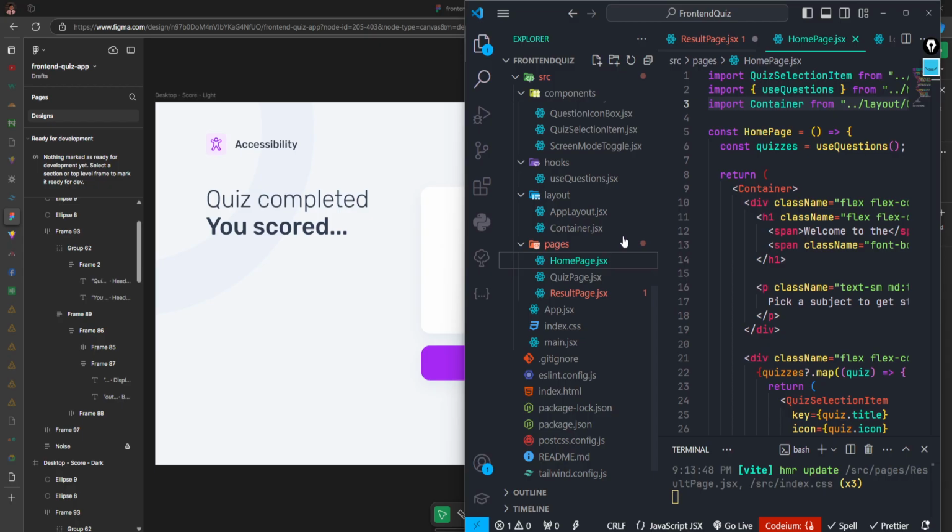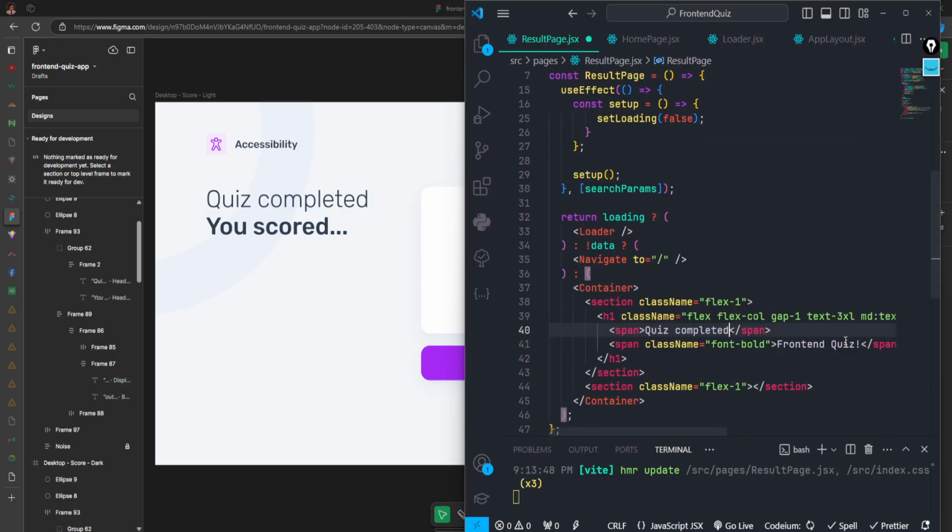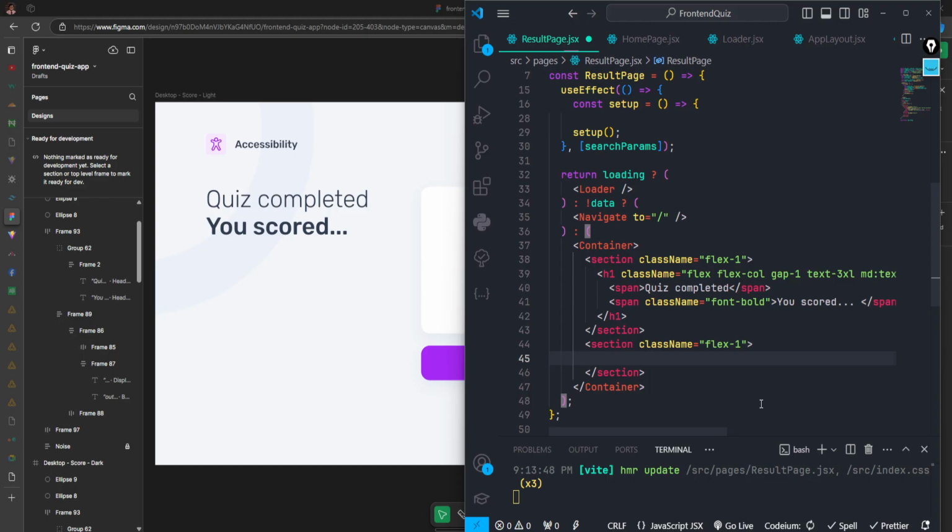So what do we need to put inside the box? We need to put this quiz completed. And for this down one here, what do we need to put here? We just need to put this, you scored, then followed by these three dots, and this one should be data like this. So save, and once this thing is saved and we check it on the screen, we should have the details